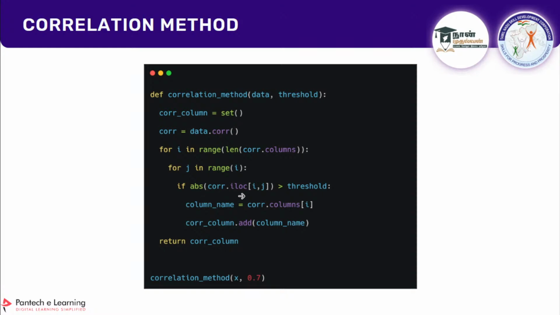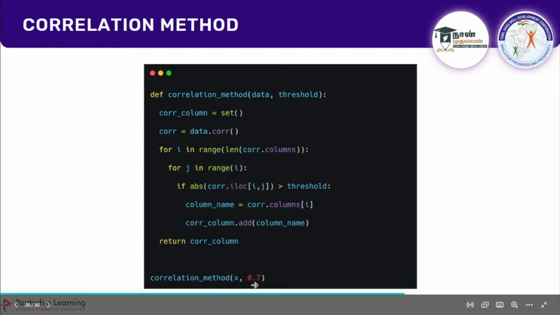Finally, I am going to use iloc for this i and j value. So I am going to get the exact value which is present, and if it is greater than the threshold value, I am going to get the column name and add it to this set. So finally I will be getting a unique set, right? I will be getting the column names which are closely related if the value is greater than the threshold value. The threshold we commonly set is 0.7, and we are getting the absolute value, which means the correlation can be a positive one or negative one,